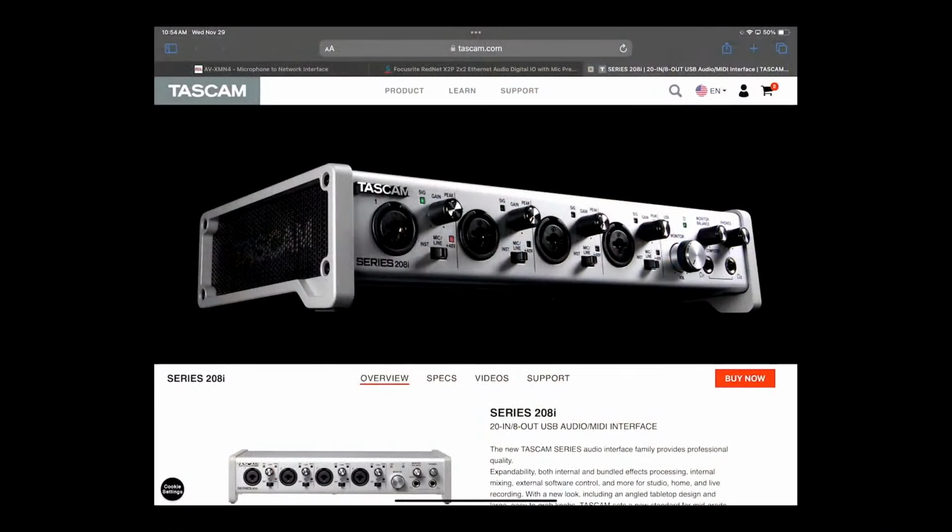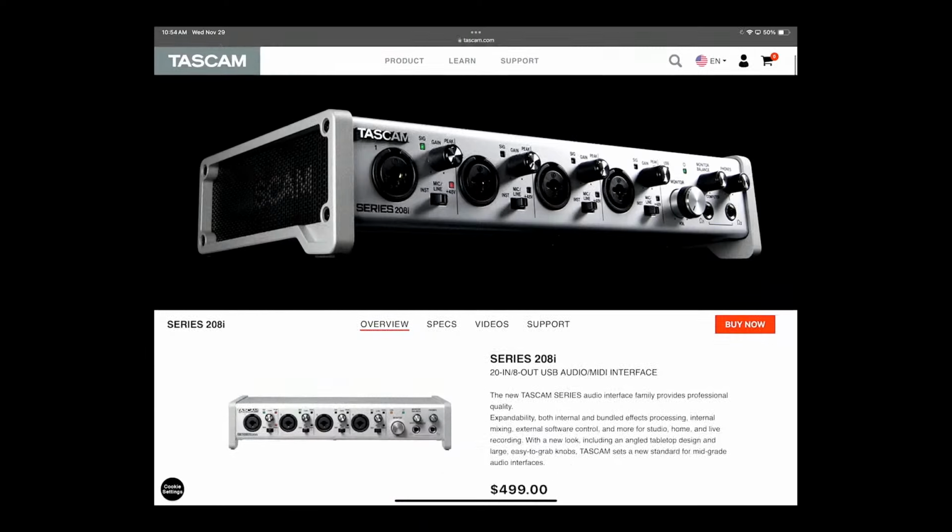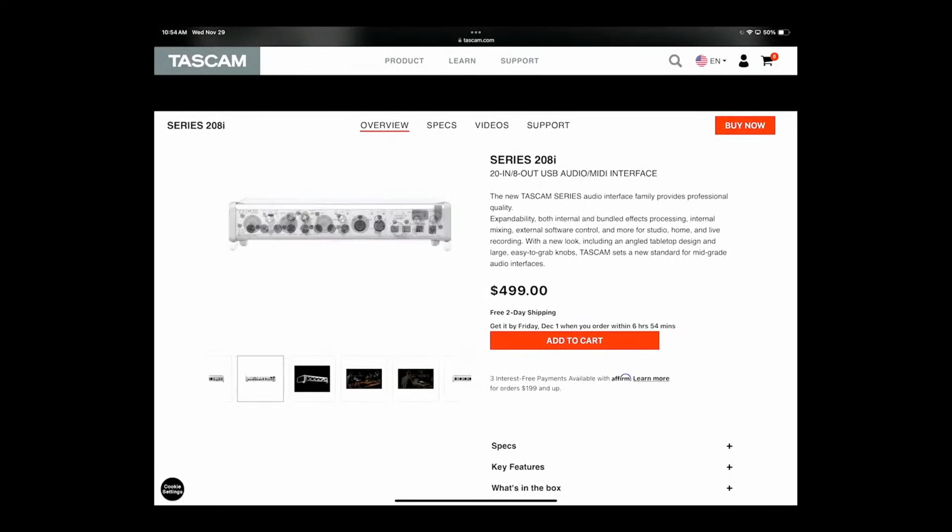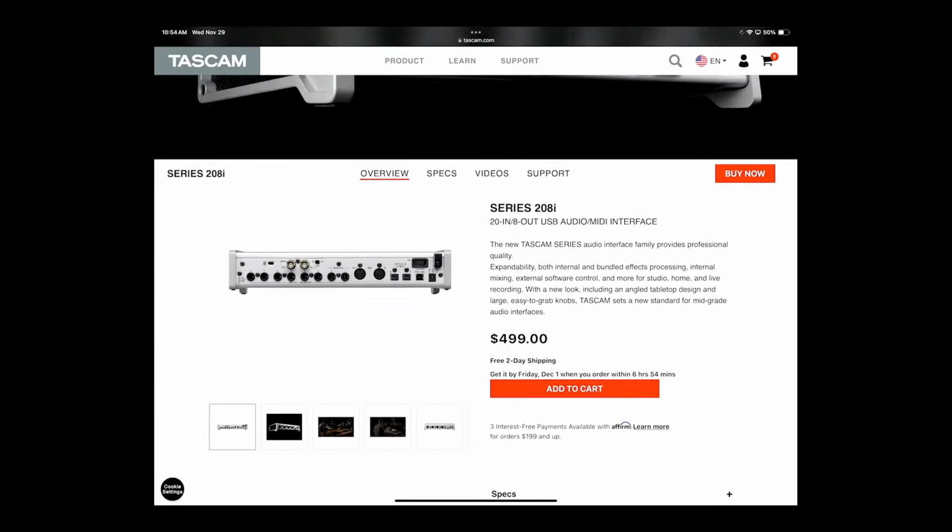You would not get enough gain out of those particular ones. This preamp, this Tascam interface seems to have a little more gain than that. This one looks to have, I think, 64 dB of gain as near as I could tell. One of the things that I really liked about this interface is that if you look at the back, and